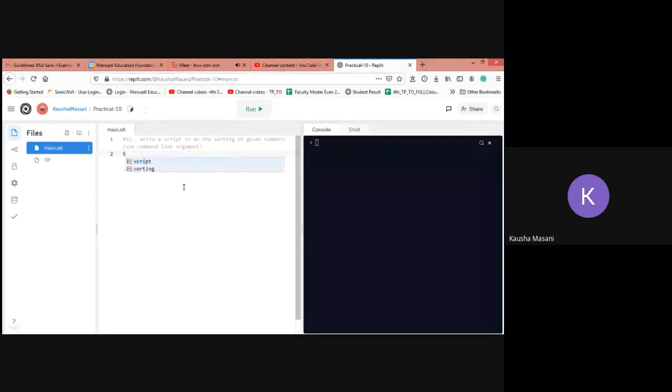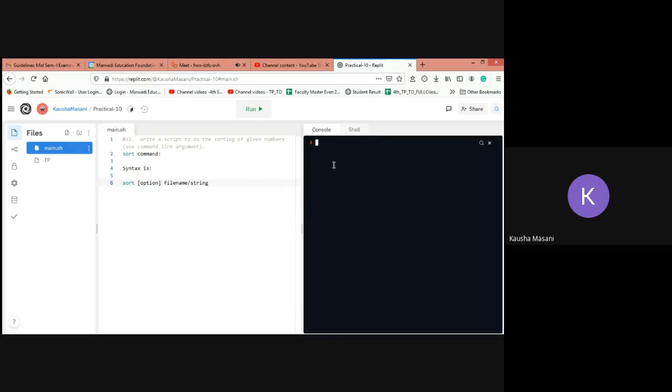With the sort command, the basic syntax is you write sort, then you write the option with it, dash n, dash capital M, dash a, dash u. All of them have different meanings, and I'll let you know what those are. And then you provide the file name, or you can say the string that you want to sort. So this is the basic syntax.